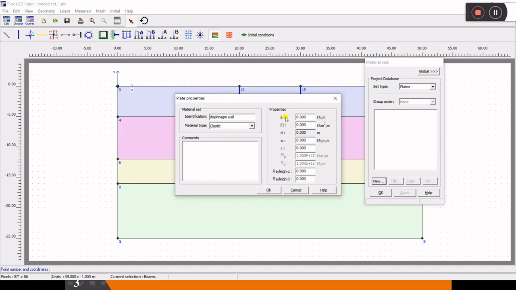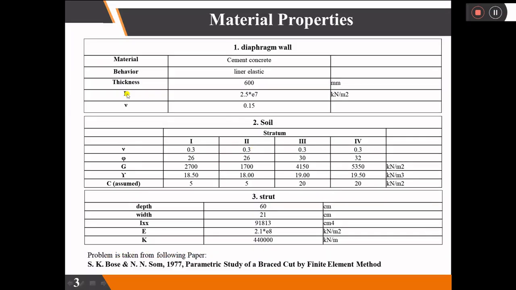So this is the modulus of elasticity times the cross-section area, and this is the modulus of elasticity times the moment of inertia I. We'll have to provide these two values, or you can provide d also, and it will automatically calculate this one. Here we have the E value and the Poisson's ratio mu is 0.15, and the thickness value we have. We'll have to identify the moment of inertia here, and the EA value is given, so we'll multiply E and I. That is a little calculation you'll have to do. I'll do it on my own and put the values there.